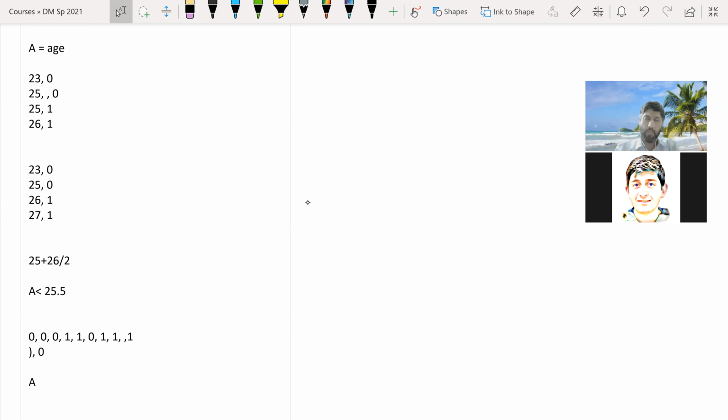And let's say you have multiple attributes, B and C. Then besides the 3 possibilities for A, let's say B had 2 and C had 5, you have to look at all of them and choose the best for the split. And then of course you repeat at the lower levels. Whenever you have continuous attributes, you usually only have binary splits because we are making a rule: if value is less than this, then go this path.